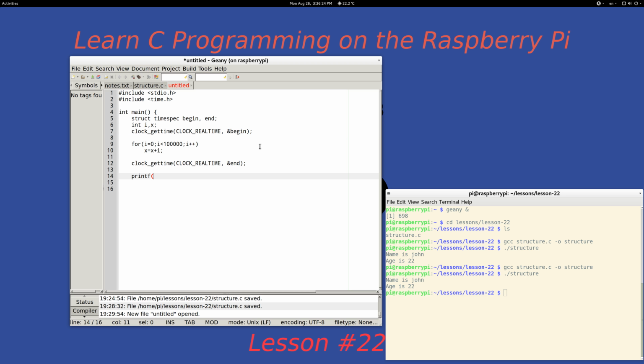So I'll say I want to print it out as, let's see, quote, "time taken was, say, %d\n", quote. Okay, so now I'd have to just say end minus begin, but it's not that simple because end